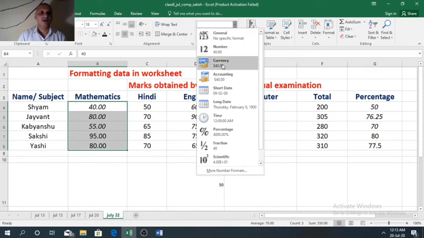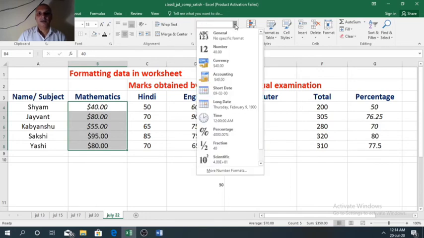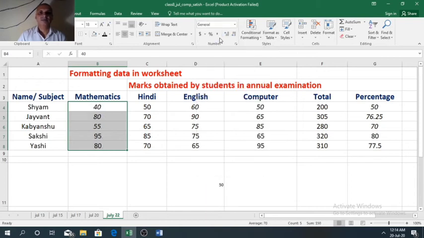If we want to apply dollar sign, we can do that. To make it normal, select the first option, general. That was the first option using the menu.